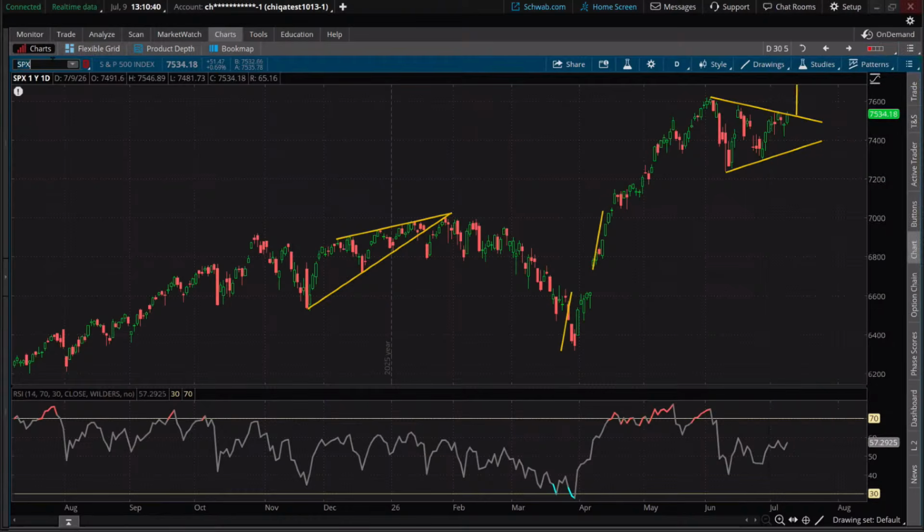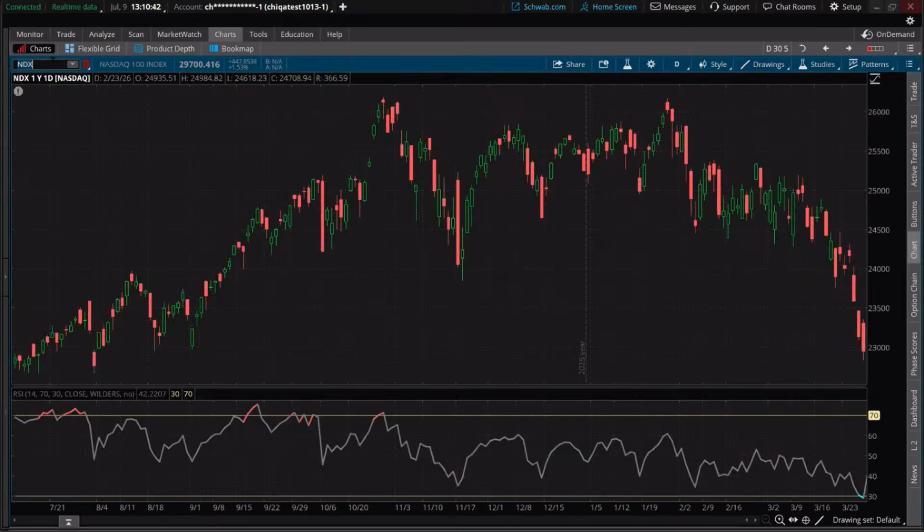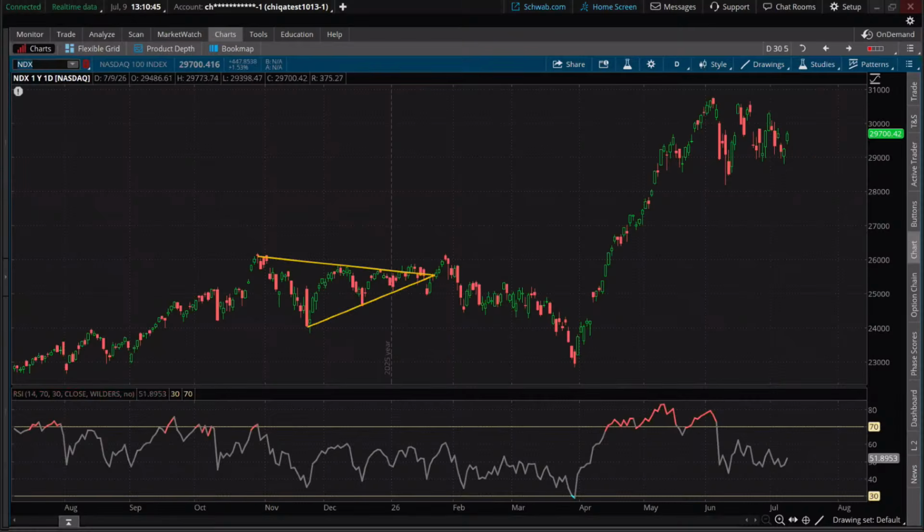All right. By the way, quick note while we're at it, NDX, super fast. Notice there is still a little bit of a triangle here. It's a little bit more complex. 1, 2, 3, 4, 5. Now, can we break across the top of that downward sloping trend line right there? That's the question. By the way, Elliott wave is not 1, 2, 3, 4, 5. It's A, B, C, D, E. A little side note there, but it is still a 5-wave move. But it is interesting here. We've held up a lot of our gains.